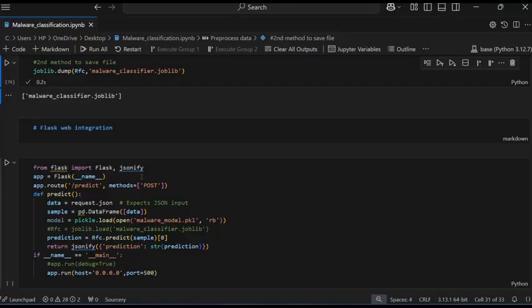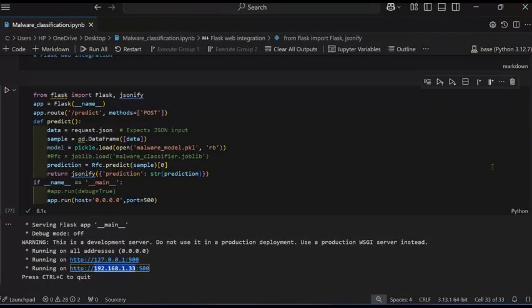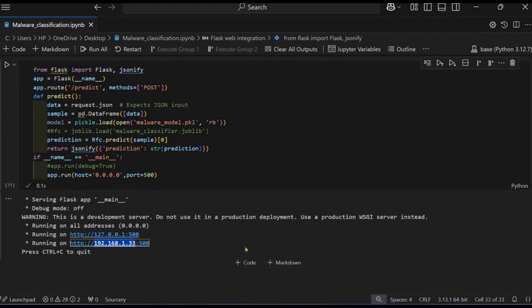Flask __name__ is a class, so you can try it. Maybe it works, but in my case it did not work. It gives the service serving the Flask app main. I also used the WSGI web server gateway interface, but it is also not working in my case.